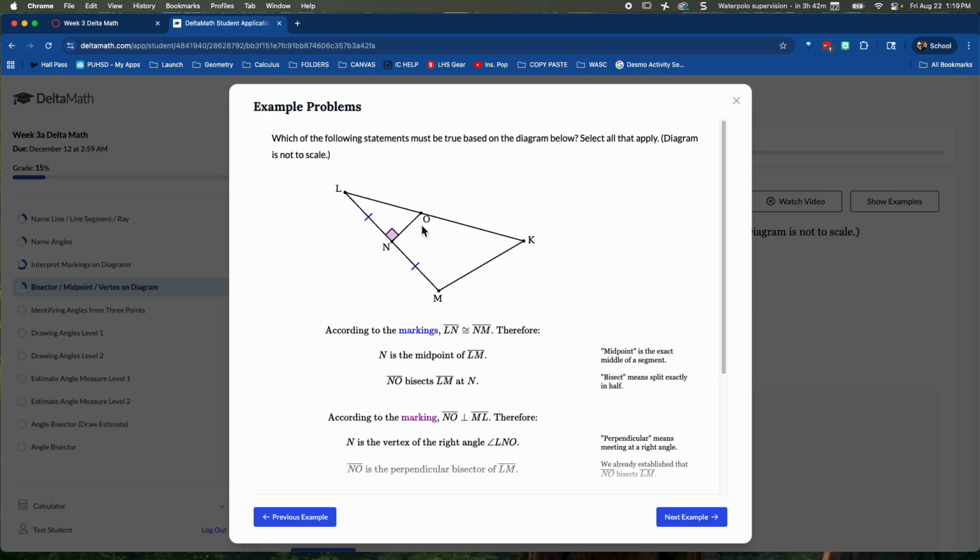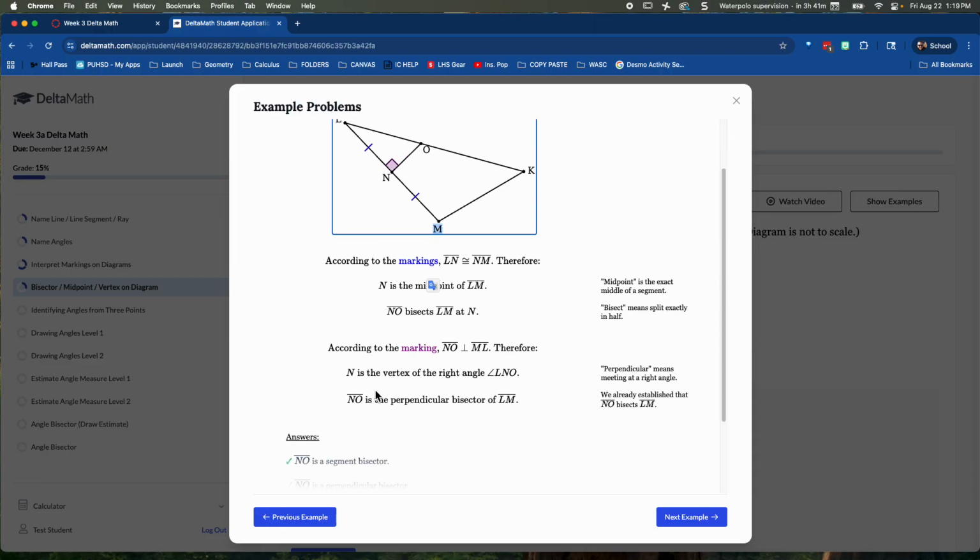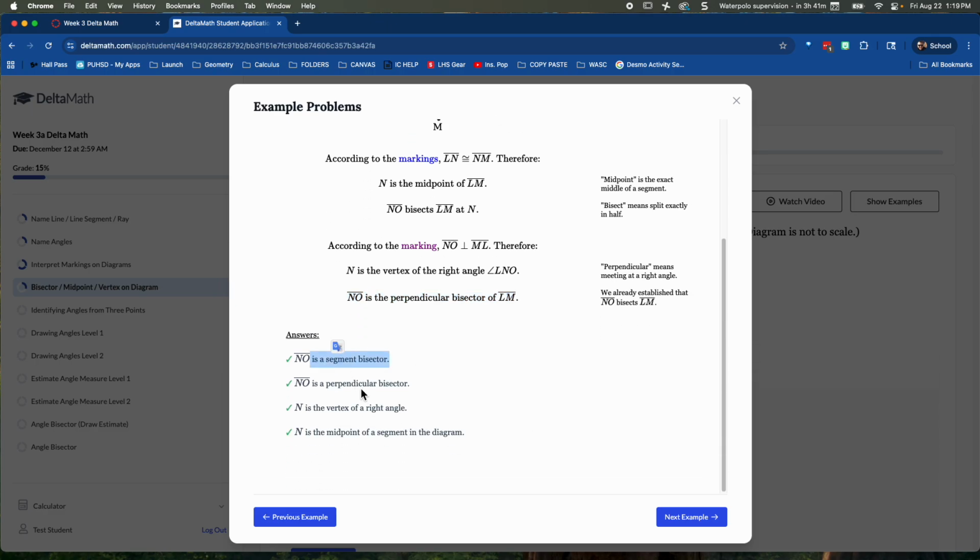Here is one that's got a lot of stuff going on. We have NO cutting in half LM, and it goes all the way down here. And that means NO is a bisector, so it cuts that in half, but it's also perpendicular. And when you're both, it gets the name perpendicular bisector. So it's a segment bisector, it's a perpendicular bisector,